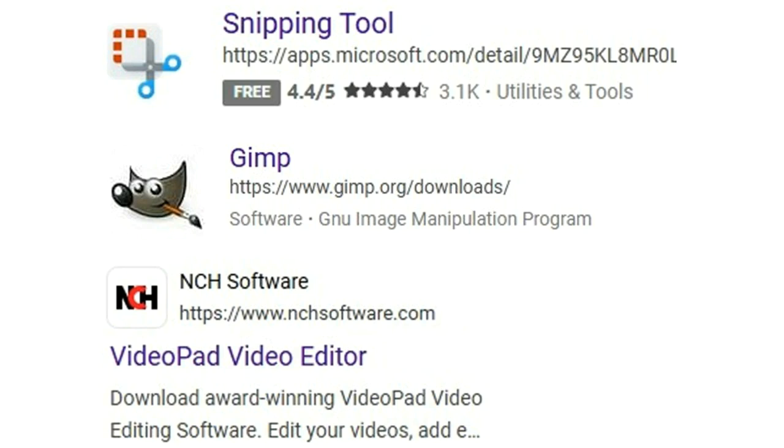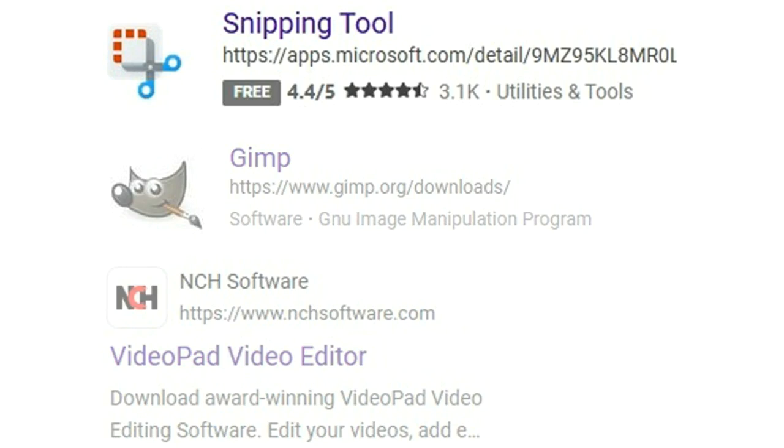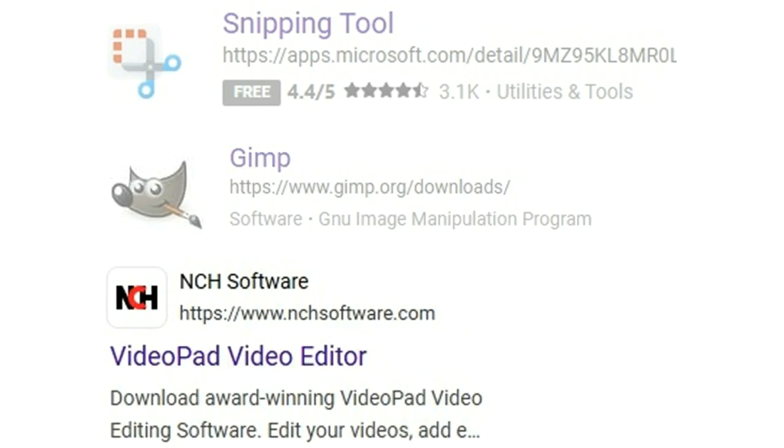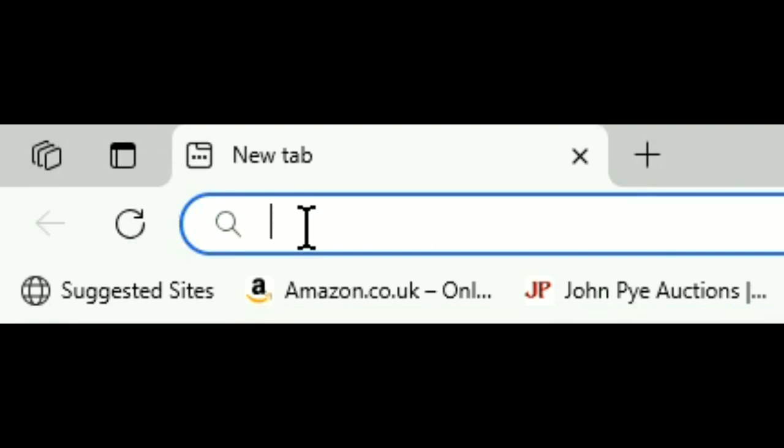I use three tools: the snipping tool, GIMP. If you're seeing a website with leather masks and harnesses and whatever, then you're on the wrong website. And NCH software. All these tools are free to download, or you get so many uses and then you have to